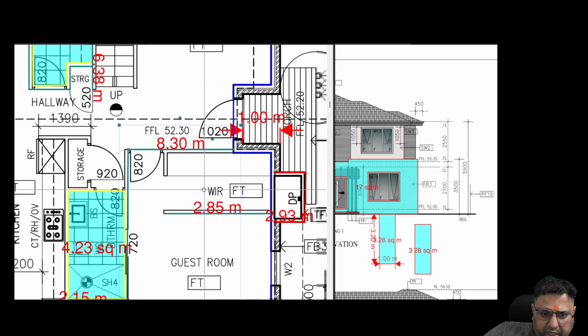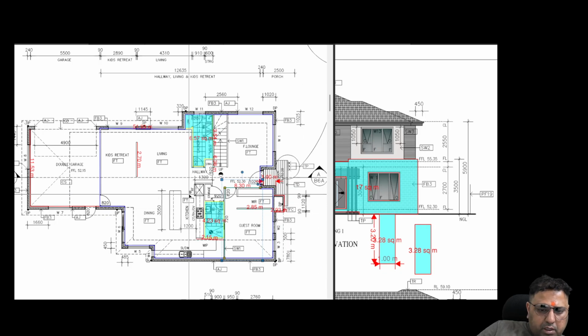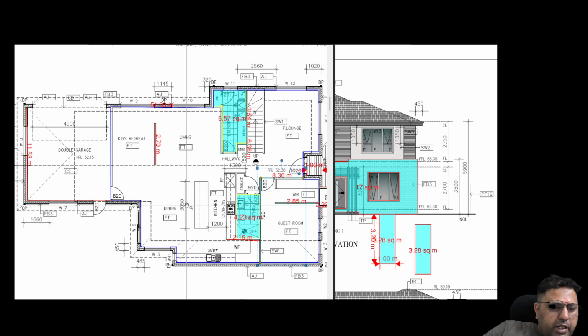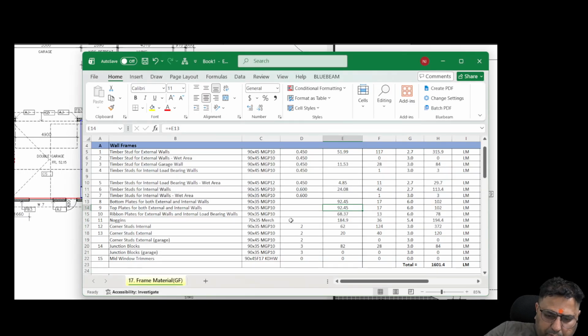Okay, in some drawings it is mentioned that there are two top plates if there is a heavy load on the wall, or else, like in this one, I don't think it needs them, because as per AS codes, it doesn't need any double top plates. So I haven't taken the double top plates, unless it is mentioned in your engineering that the top plate is